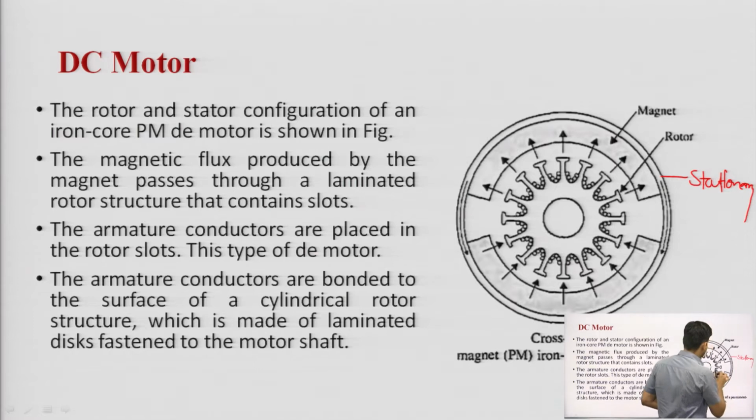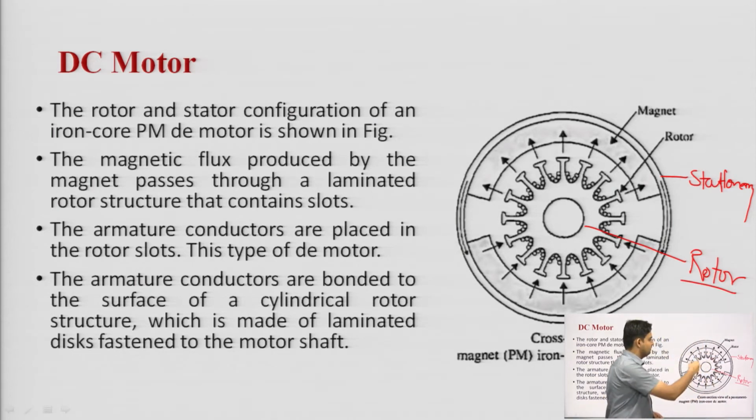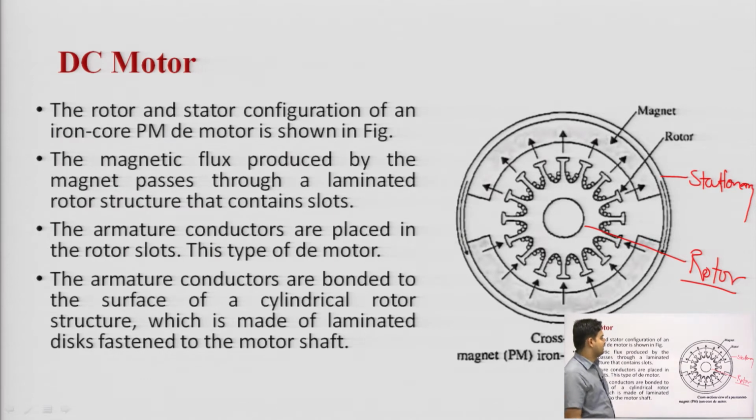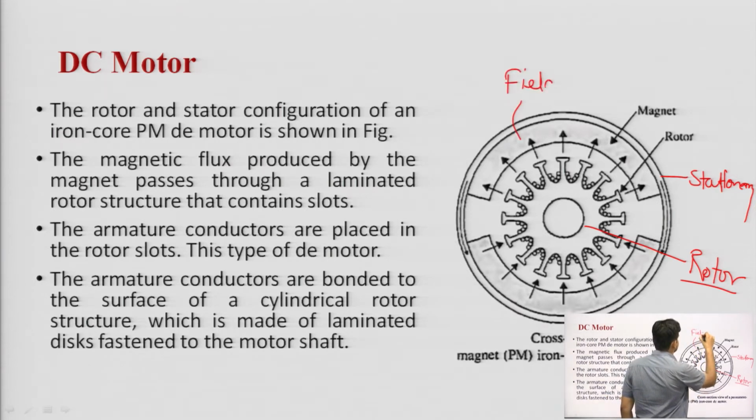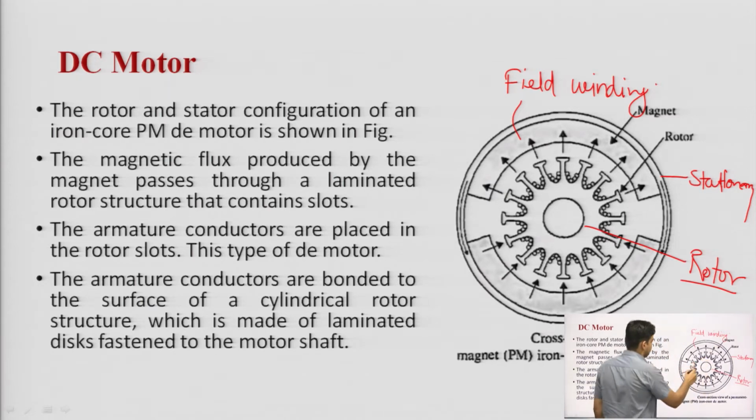Okay. Second is the rotationary part, which is inside. This is the rotor. So, this will move inside this stationary part. And on the basis of that, we are saying certain windings are present. So, the field winding is present on the stationary part, which will provide supply to this motor, and the winding present on the rotor is known as armature winding.